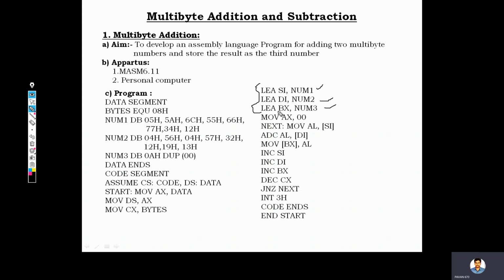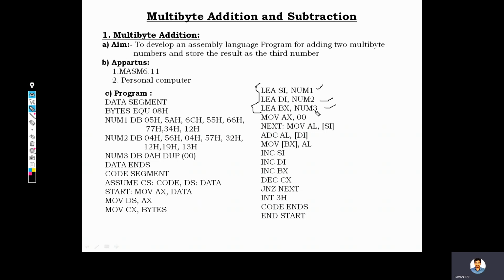So what these three instructions mean is, LEA SI, num1. Earlier we said what num1 is: it is an array of values of byte type. These values will be located inside the data segment, but we don't know from which location this array is allocated. So automatically, the base address from which location the num1 array is allocated in the data segment will be stored inside SI. Similarly, the base address of where the num2 array is stored inside the data segment will be stored in the DI register, the destination index register.